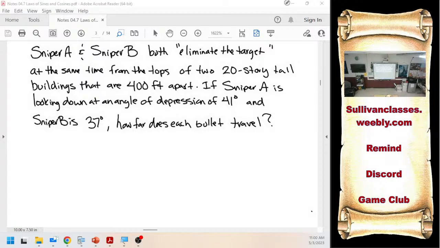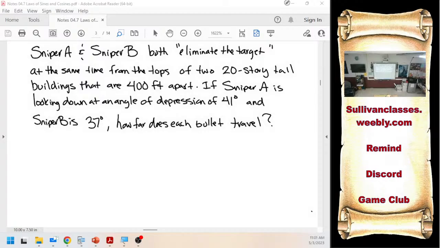They're on top of a building. Yep. 400 feet apart. And they're looking down. They look down. Guess you could draw it like that. But the angle of depression isn't right here. Yeah, it is. What? How? Then we have to be straight ahead. But it's a triangle. 400, sniper A, B. Yeah, I know. But it's a triangle. So that would have to be like